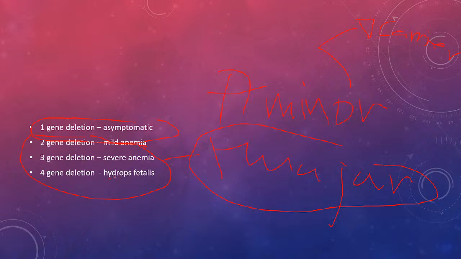Hydrops fetalis is a commonly asked question. Okay? What do you mean by hydrops fetalis? Hydrops fetalis is babies who are born with 4 gene deletions. So ganito kasi, what do you call this? Allele. They call this an allele. How do I erase this one? Can I erase this eraser? So look at the top portion, okay? Where we're going to go and delete some of the things that I have here.